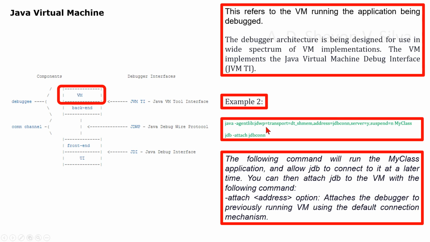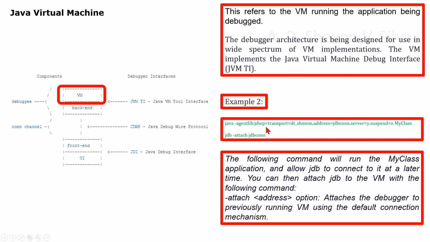This option loads the JPDA reference implementation of JDWP. This library resides in the target VM and uses JVM TI and JNI